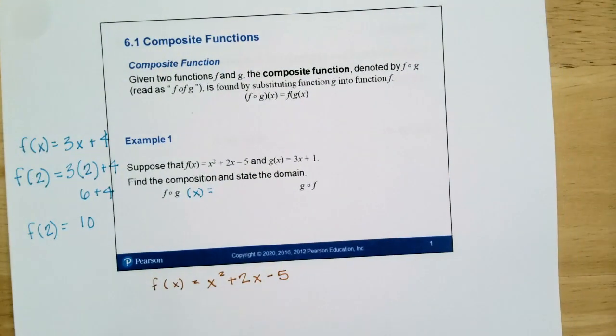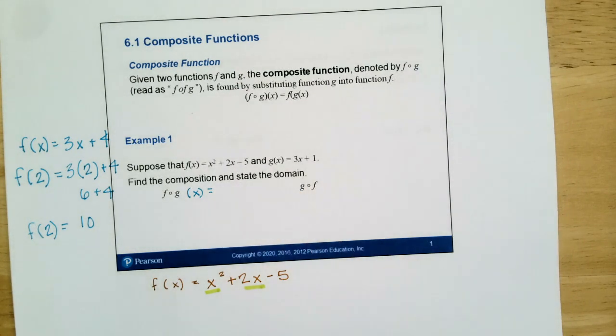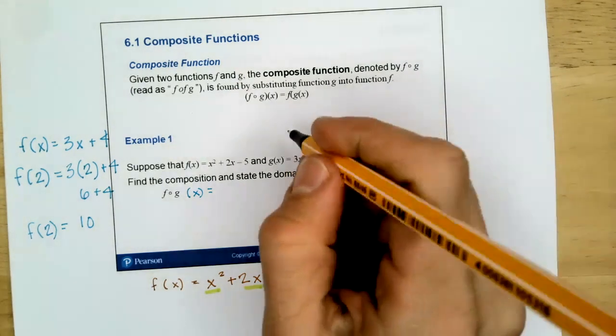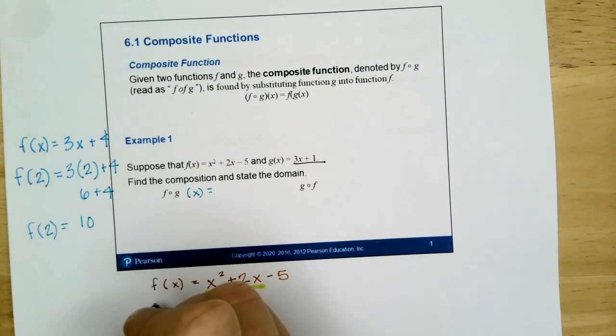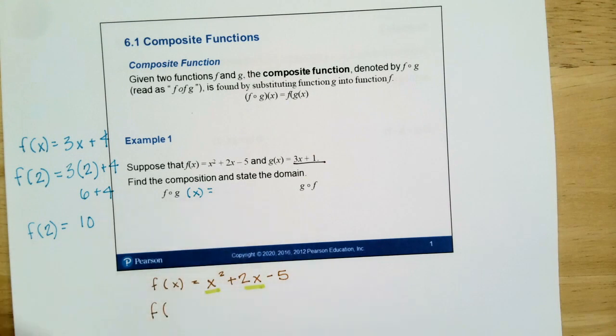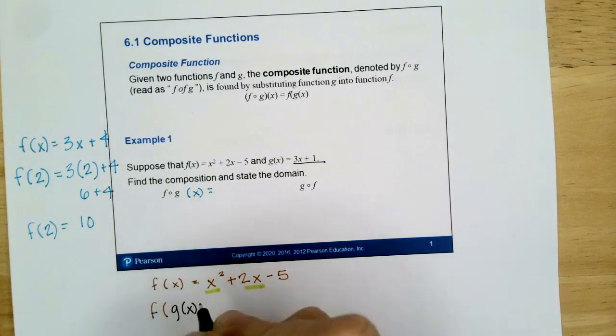Everywhere that there is a variable, so that means here and here, substitute the entire function 3x plus 1. G of x is 3x plus 1. So f of g of x